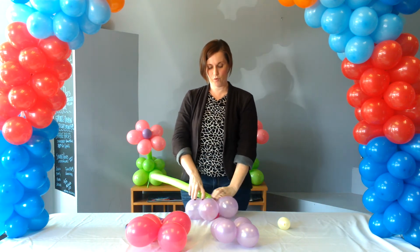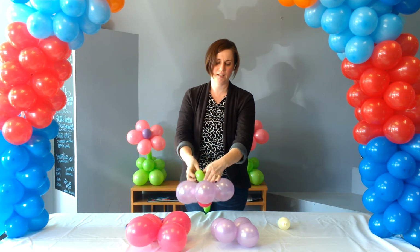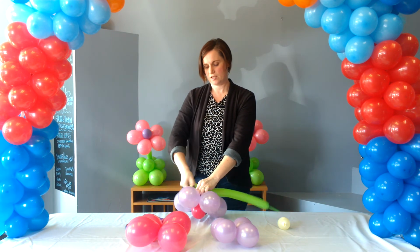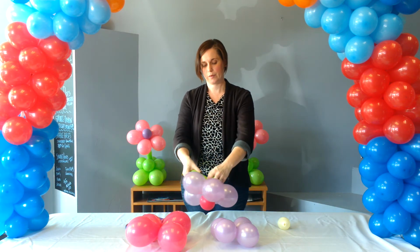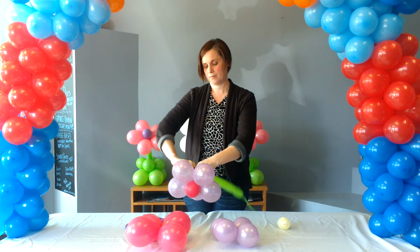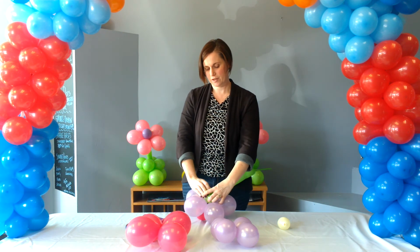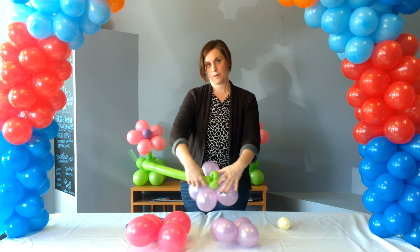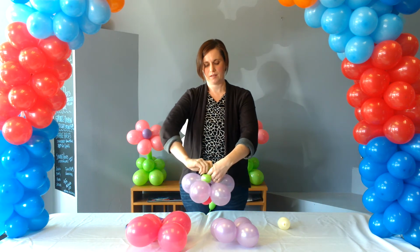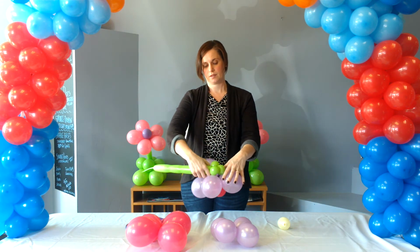So what we're going to do is 4 pinch twist. So you want to squeeze the balloon so it's nice and soft. Just give it a little bubble like this, about 1 inch. Pinch it and twist. And we're going to repeat this 4 times. So again, squeeze this, it's soft. The 1 inch bubble, pinch and twist. And now we're going to take these and wrap them around each other. Just 2 more times. Squeeze, bubble, pinch, and wrap. Squeeze,